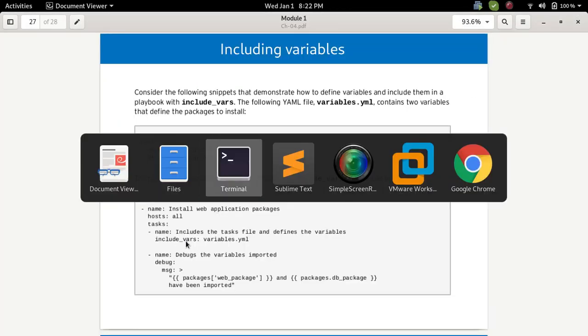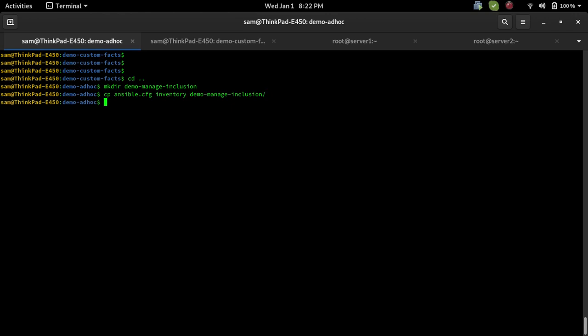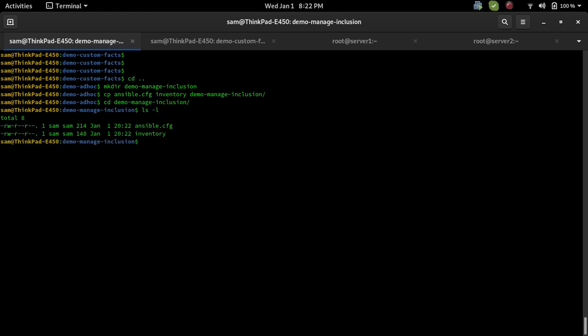So for example, here I'm just going back one directory. I'm creating another one, like manage inclusion, or I can put here demo-manage-inclusion. Then I need to copy my Ansible configuration as well as the inventory file into this location and go to this. Now let's see how you will do that. I'm creating a variable file first, and then I will add that variable file into this particular